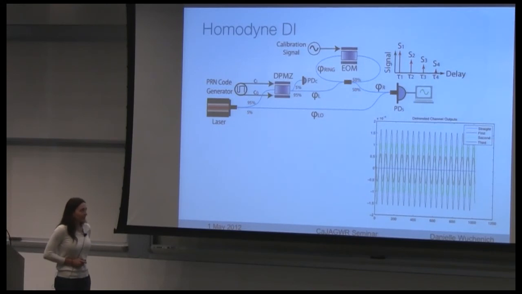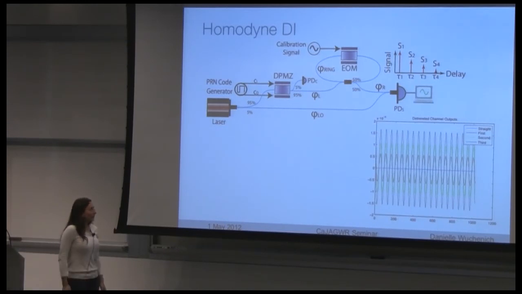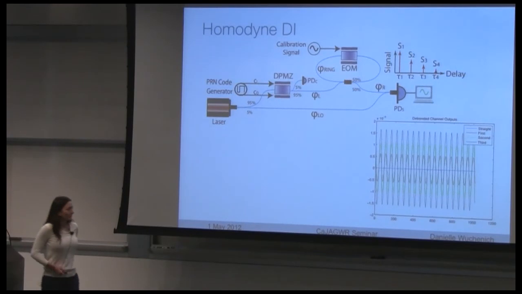And he's recovered basically the first pass, something that's come straight through, and then something that's gone around and around and around. As you can see, multiple round trips have a higher displacement because they've traveled through the modulator more times. And this is all real-time information, or this is all information that he's taken. Sorry, most of this I think he probably did in post-processing, but the phase meter then gets suddenly simpler